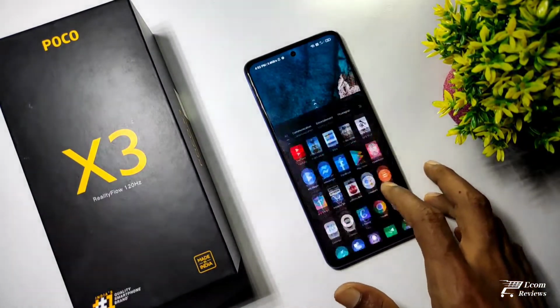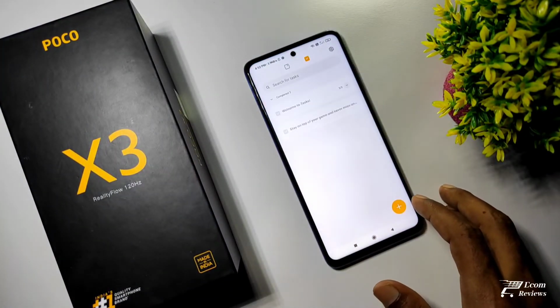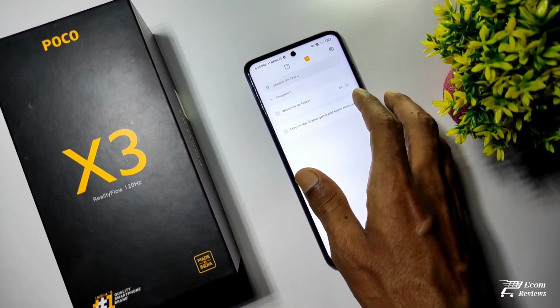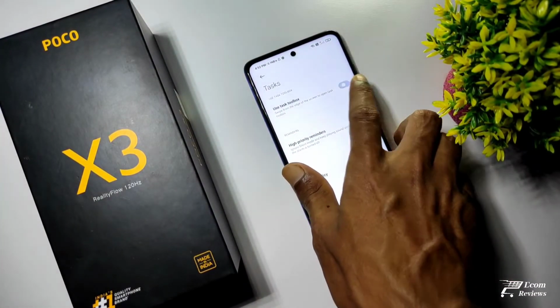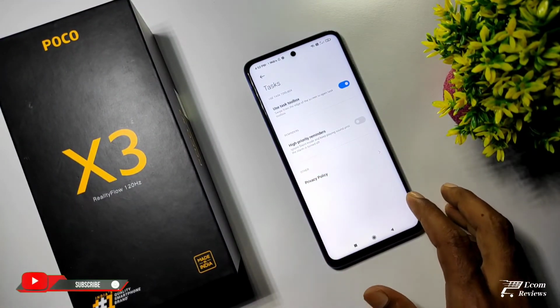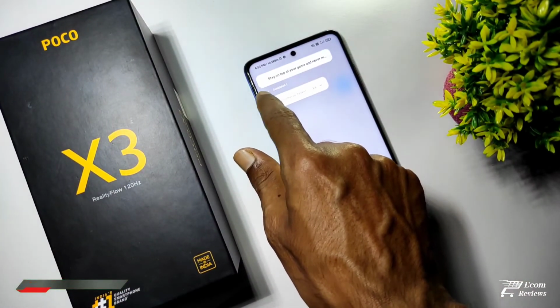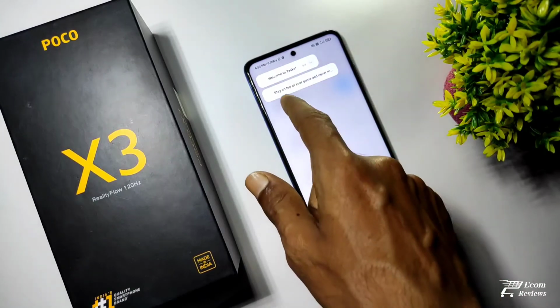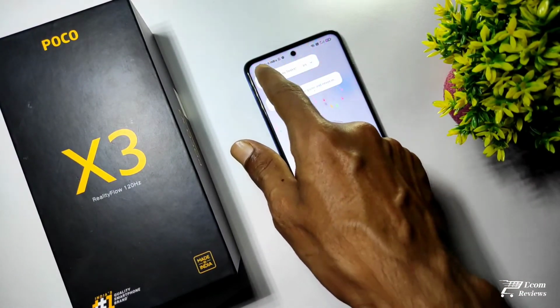And the last one is the Notes app. The Notes app has been updated really well. You can create folders in the Notes app now. You get an option here called Task. You can create your tasks for every day, and if you enable your task toolbox, then a taskbar will show up here and a full task list will show up here on the top left corner of the screen, and from here you can cross them off like that.